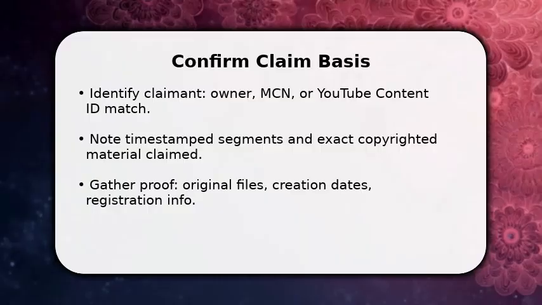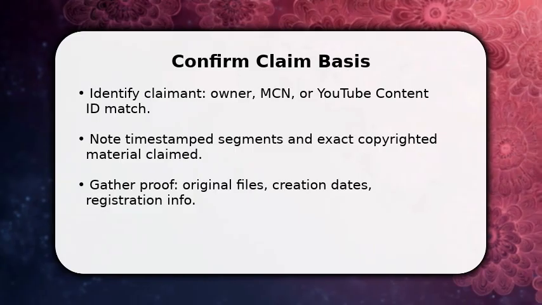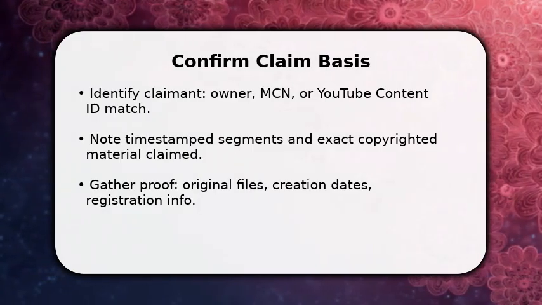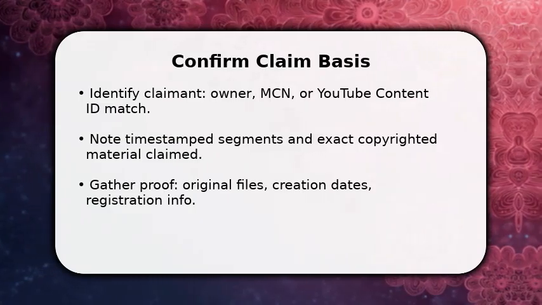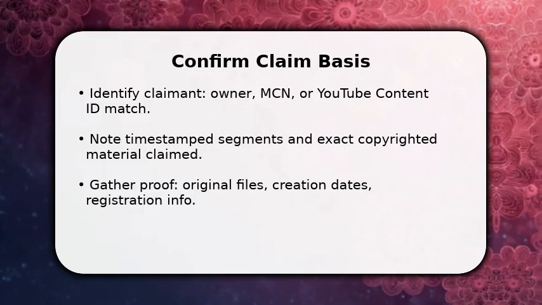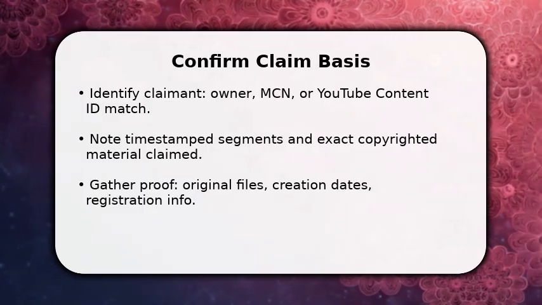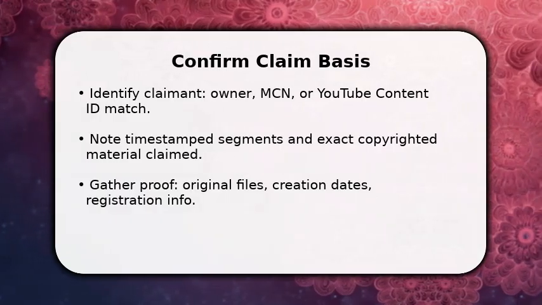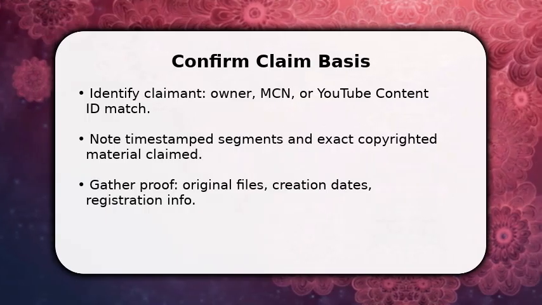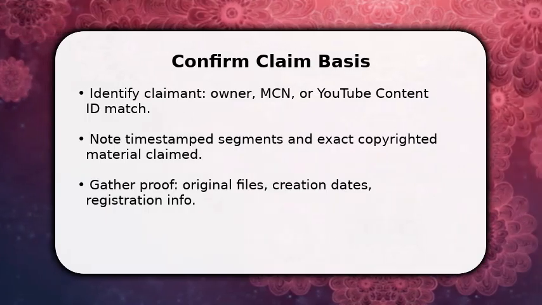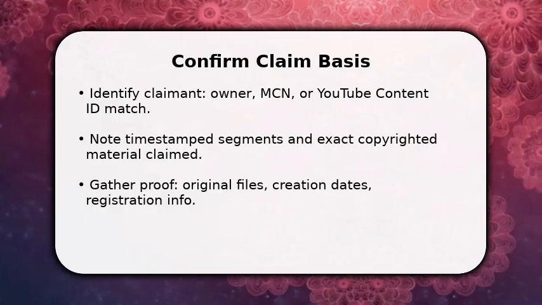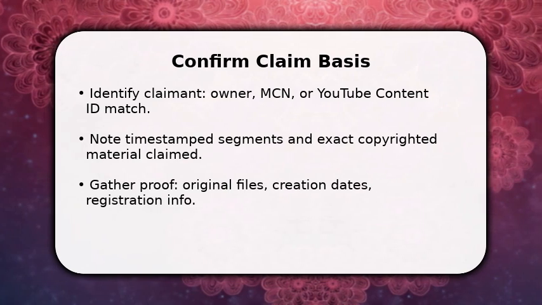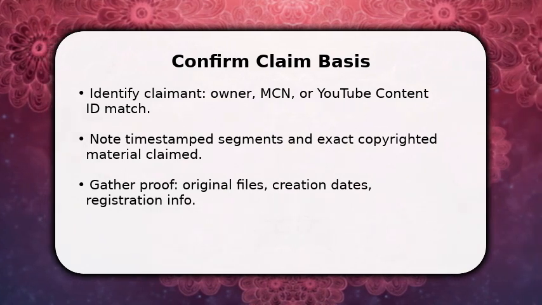Please enjoy the video. You start by confirming the claim basis and assembling evidence. Check whether the claim is a content ID match, manual takedown, or copyright strike, and note exact timestamps. Once done, export your original project files, raw footage, and any registration or license documents that prove ownership or permission. Make sure to screenshot the claim details in the platform interface and log dates. This foundation prevents mistakes later and determines whether you file a dispute, submit a counter notice, or contact the claimant